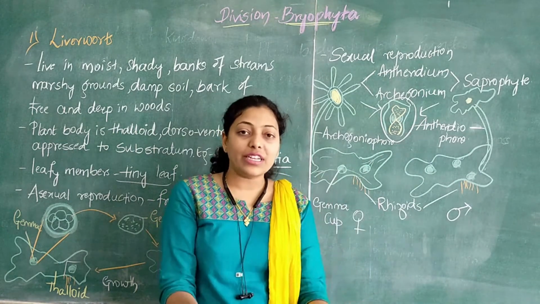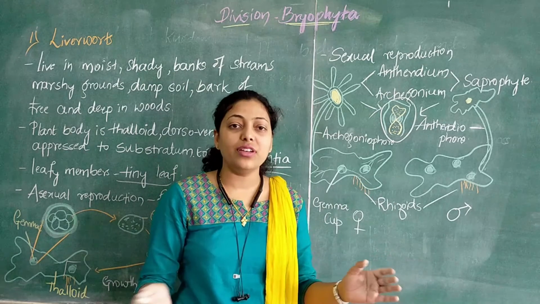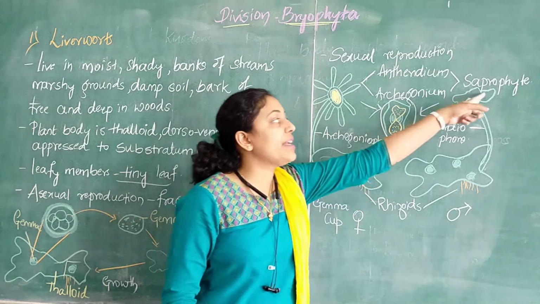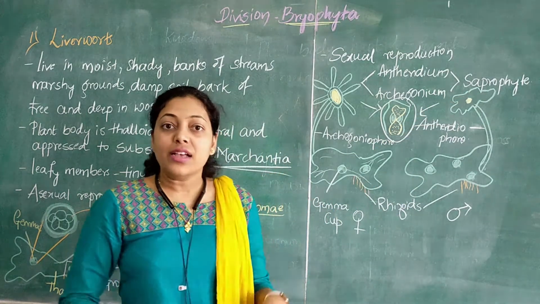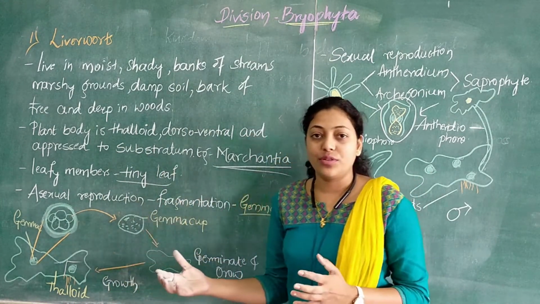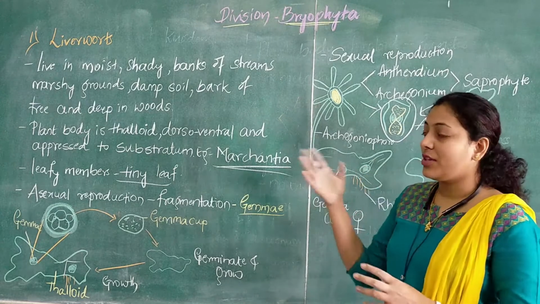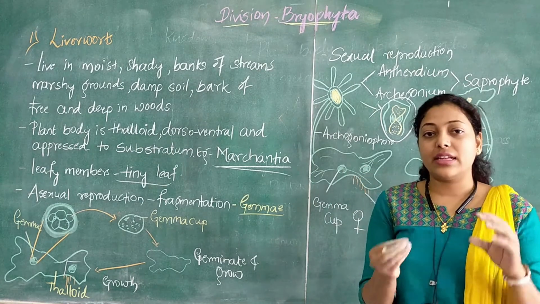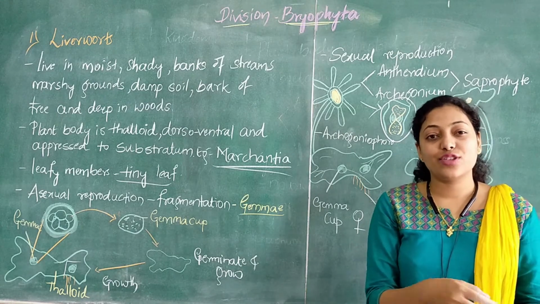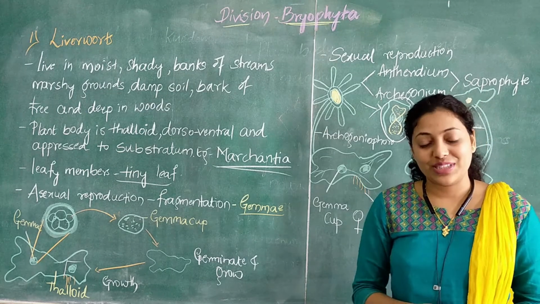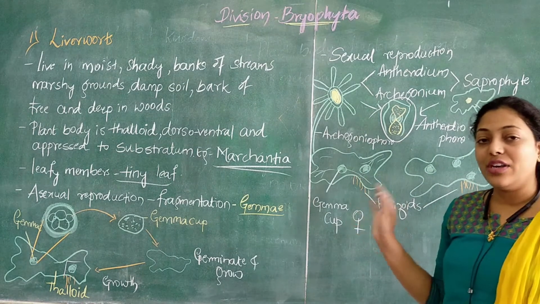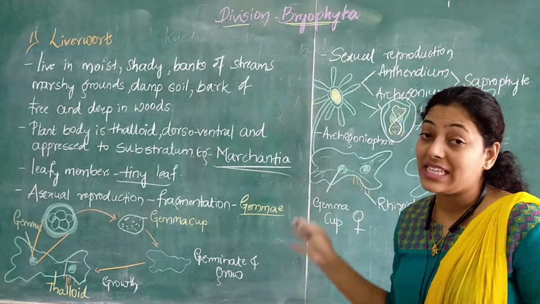Further, the zygote undergoes rapid division, and that's why we can call it the sporophyte. Is it clear? The sporophyte further develops to form the foot, seta and capsule. I'll show the pictures. The capsule consists of tiny spores in it, which aid in the normal reproduction process. Is it clear? So this is about liverworts. I hope you all remember how liverworts look, so that it will be easy for you.